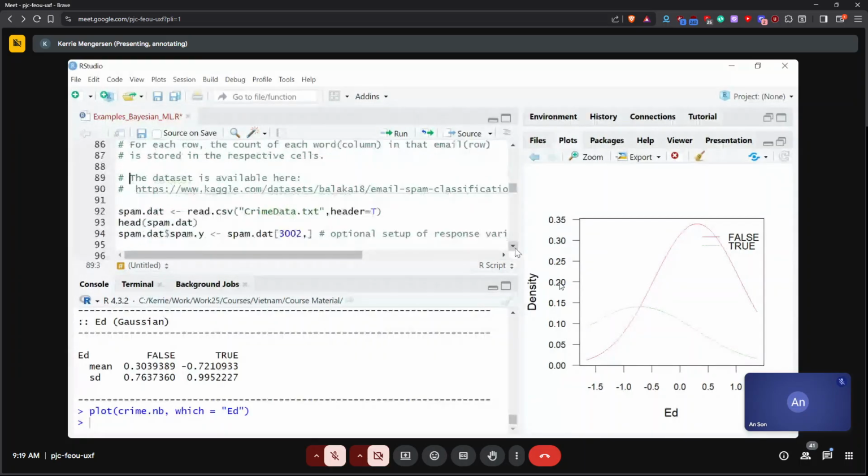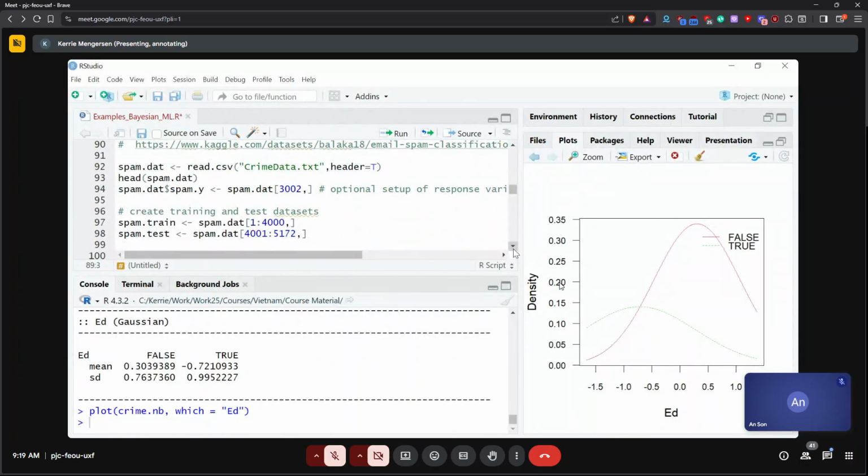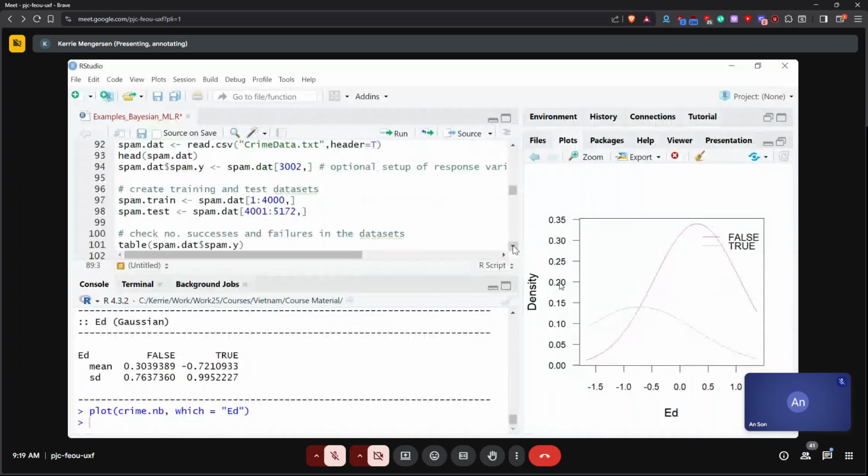If you want to, you can download the data set. It's a Kaggle data set. It's a big data set, which is why I'm not showing it here, but you can do so. And then what I've done here is to show how you would write the code to analyze that using naive Bayes. You read in the data set, then I've made a response variable here. This is spam.y, my response variable. Remember, that's the last column, the ones and zeros: it was spam or not spam.